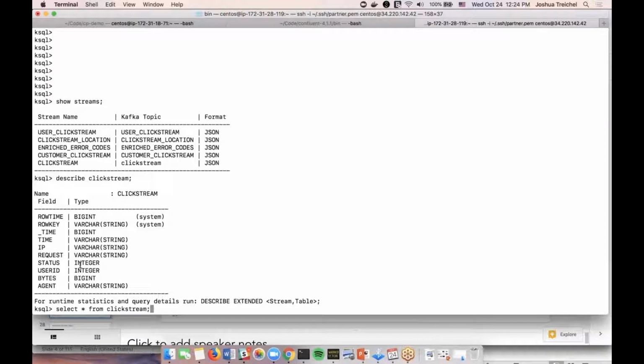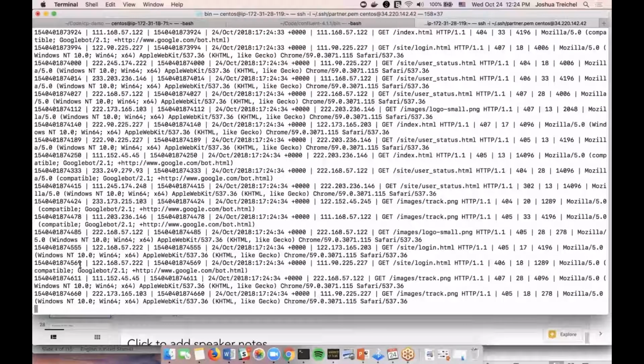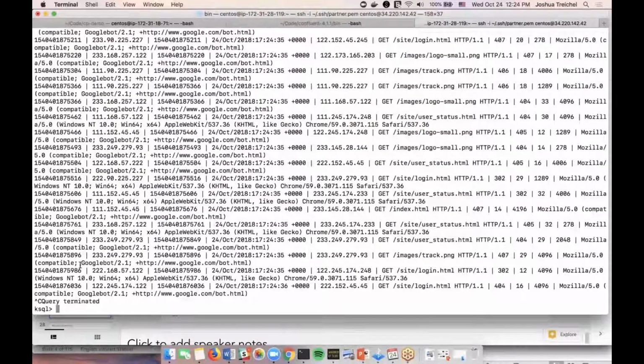And here's where it gets different. This is live data. I'm going to stop it. That's live data running to the clickstream stream. Unlike a database, where I run a select star and get all the rows back in that table, this never ends because there is no end unless you stop sending data in, and then it'll just continually poll. You have to actually terminate the query for it to stop.